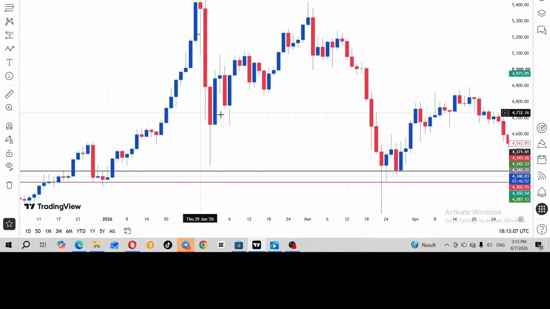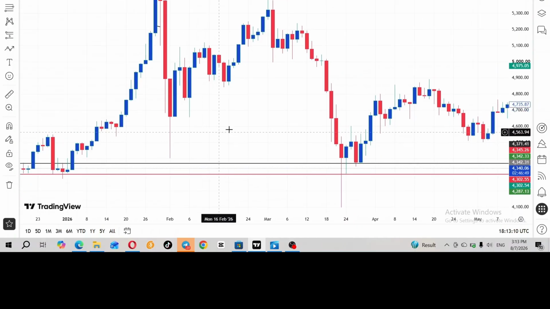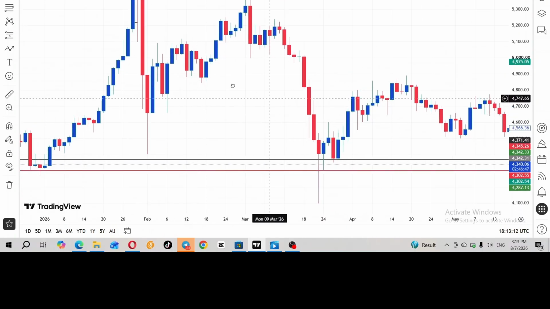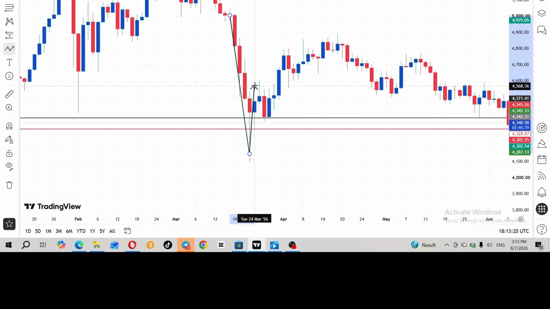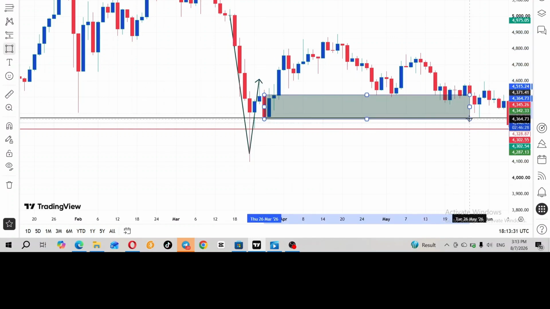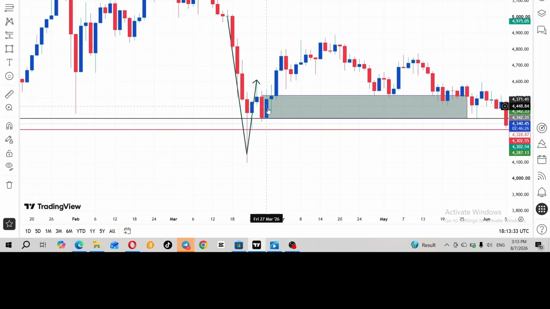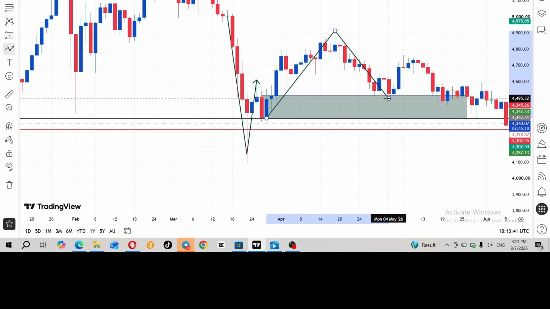This is the gold daily time frame. As you can see here, the market is in strong bearish momentum. Then this is a pullback and it creates an order block or opposite candle. And this area is the opposite rejection zone. This is the order block or opposite candle. The market goes upward, touches this level and then goes to upward movement.